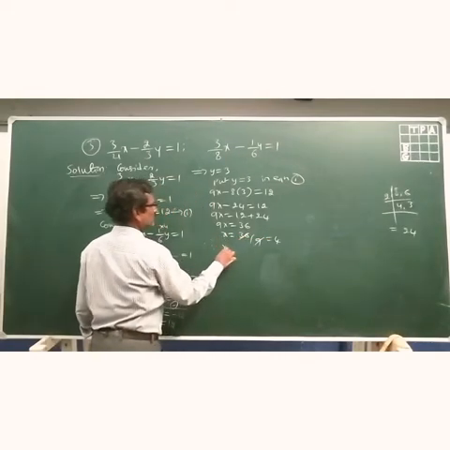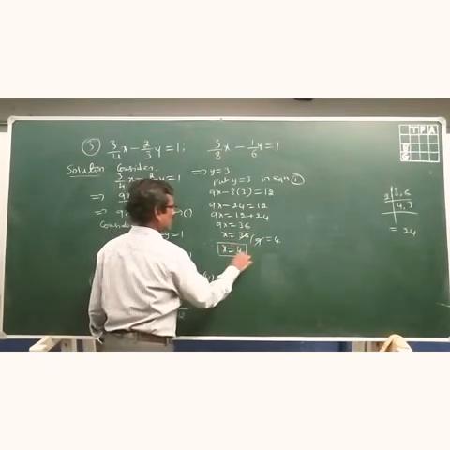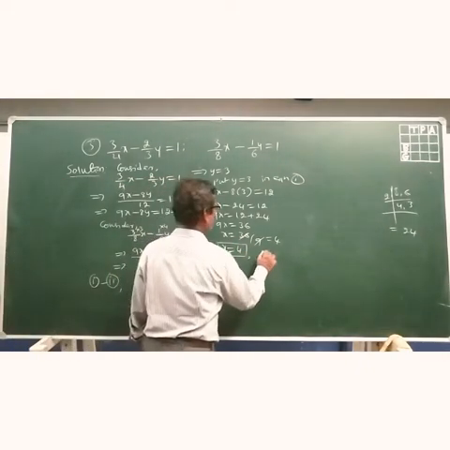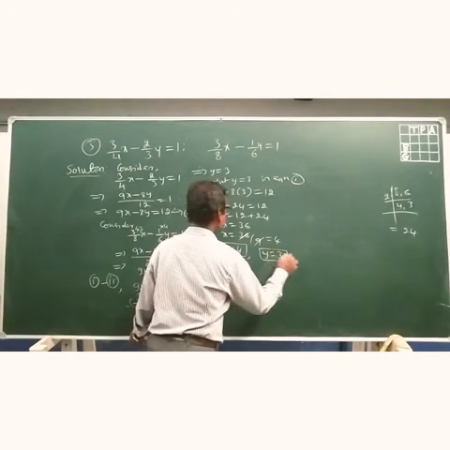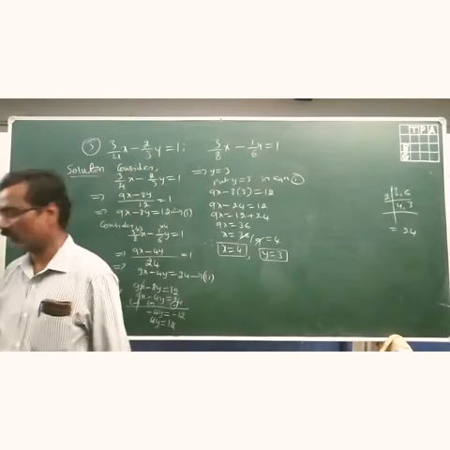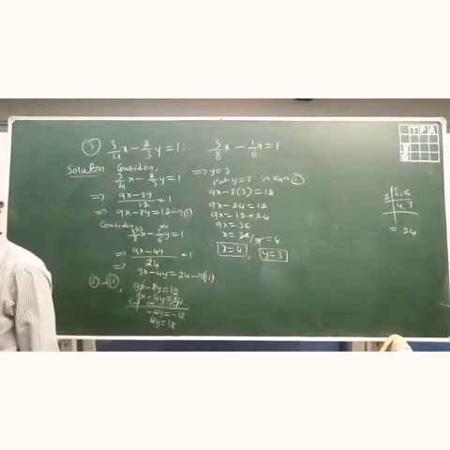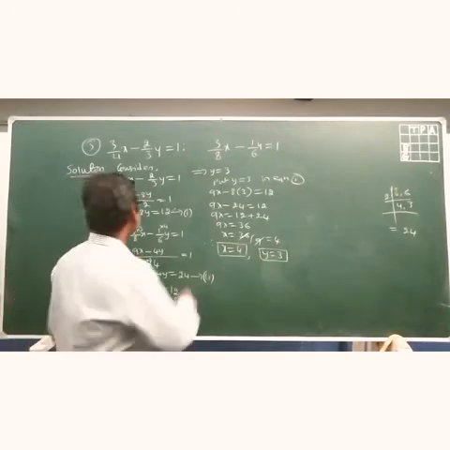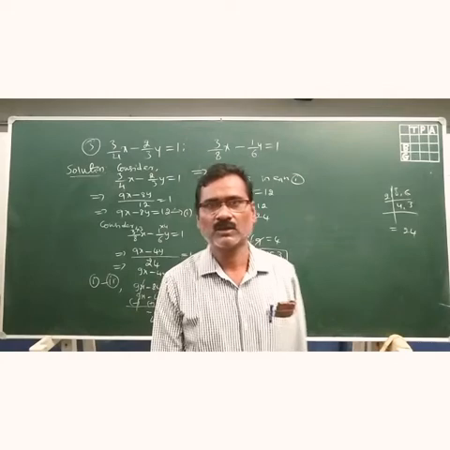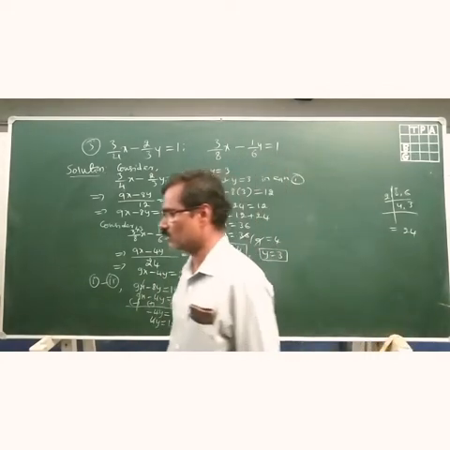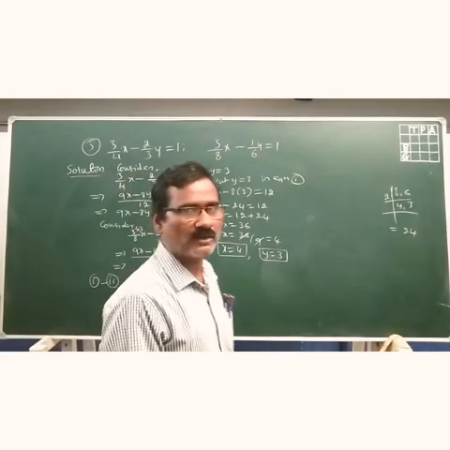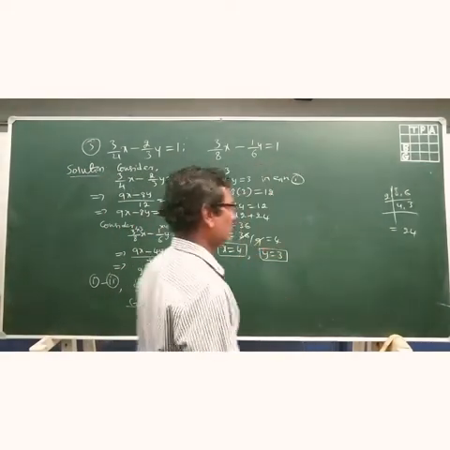Therefore, the values of the two required variables are x is equal to 4 and y is equal to 3. So these are the two values. In this problem, we got a direct elimination, as there is 9x in both. Observe, this is totally different from what we did in the previous two problems. So this is how we have to go about solving the given simultaneous equations. Okay. Now let us move to the next problem.